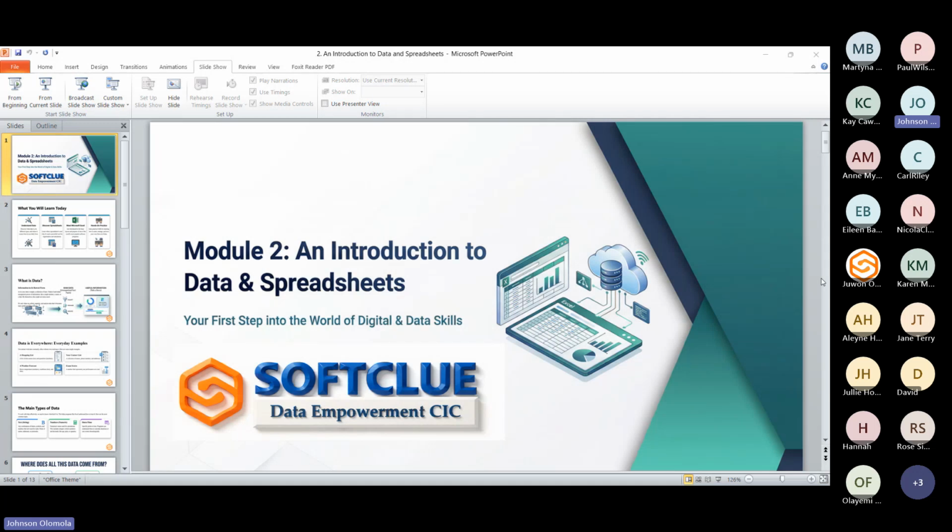So that is data. And I want you to see Microsoft Excel like an environment that keeps those data and helps you turn them into knowledge. So that is how Excel is. I don't want you to see it as something very complex, something very difficult to understand. So moving on,